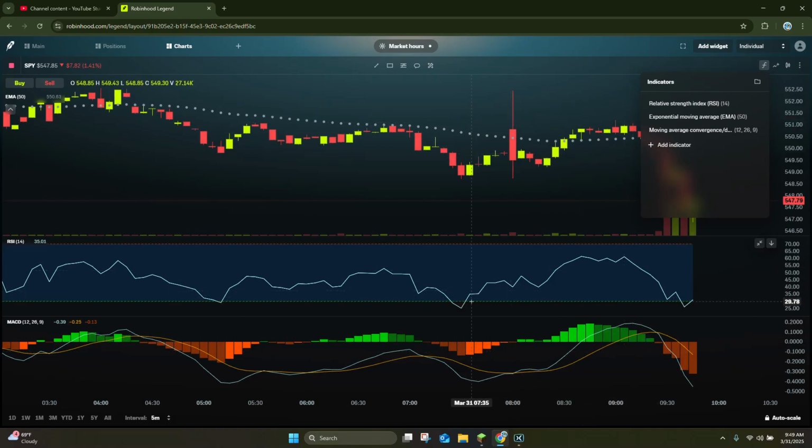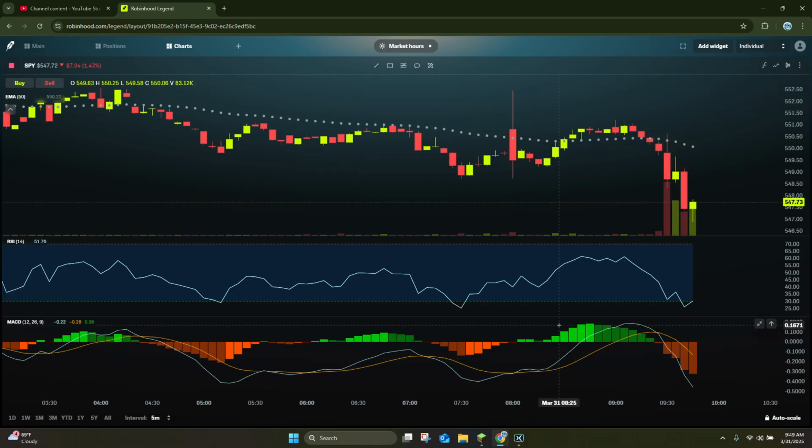And as you can see here, it'll just pop right up at the bottom. So we also have the RSI, which is up here. We also have the exponential moving average, which is up here. So just trying to add all the different